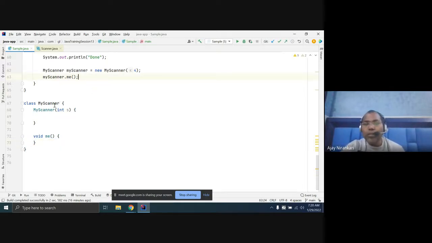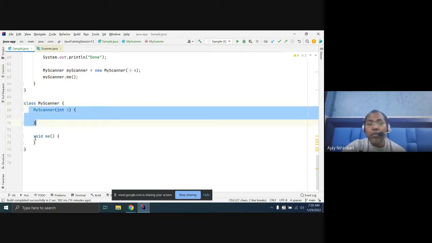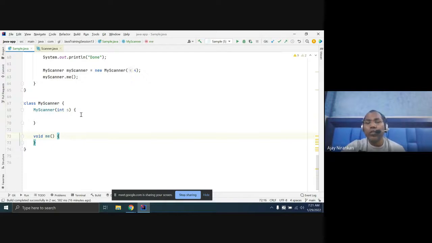Similarly, if you are using the Scanner class, only those methods that the Scanner class offers are the things you can do. Apart from that, you cannot.